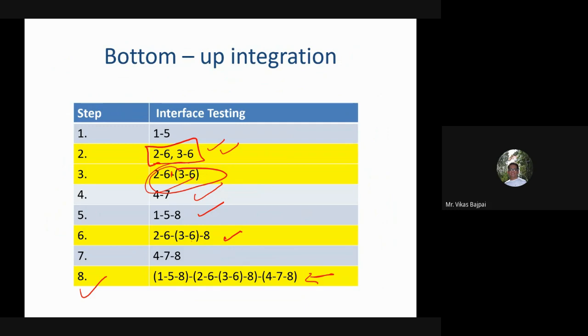That means the eighth module we have reached. So all the bottom or low level modules, procedures, and functions are integrated, and then we go ahead with testing. In case of integration of lower level components, we integrate and test, which means the next level of modules will be formed and can be used for integration testing.